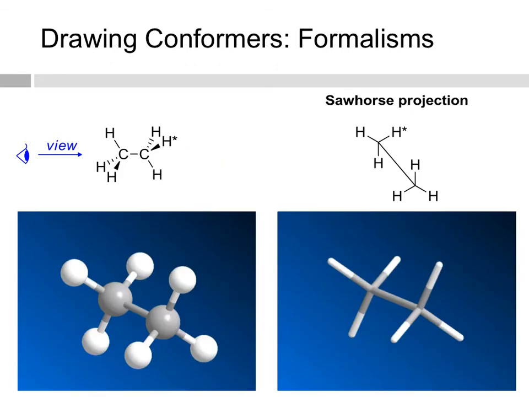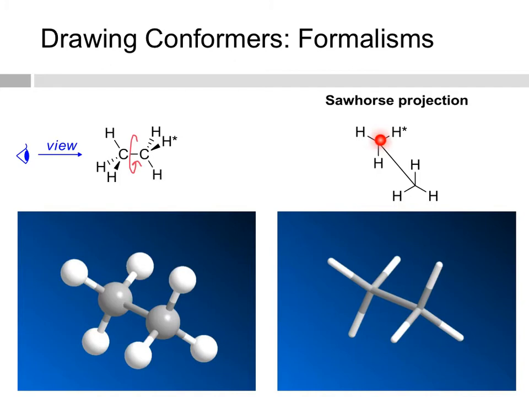It's a little bit easier to see once we draw out both the sawhorse projection and see the 3D models. Again, I strongly recommend using molecular models to build this model, and then you can rotate around the single bond to make this model as well as the very first eclipsed conformer. So when you're translating a wedge and hash model to a sawhorse projection,